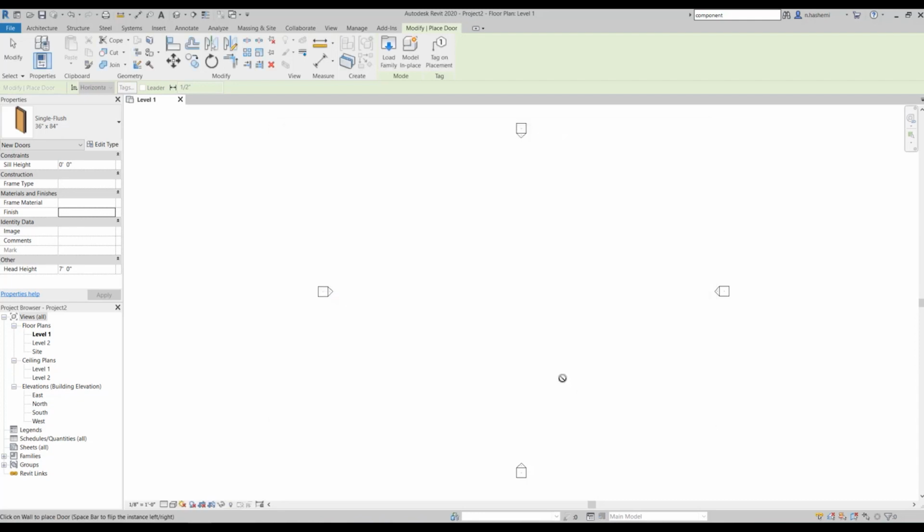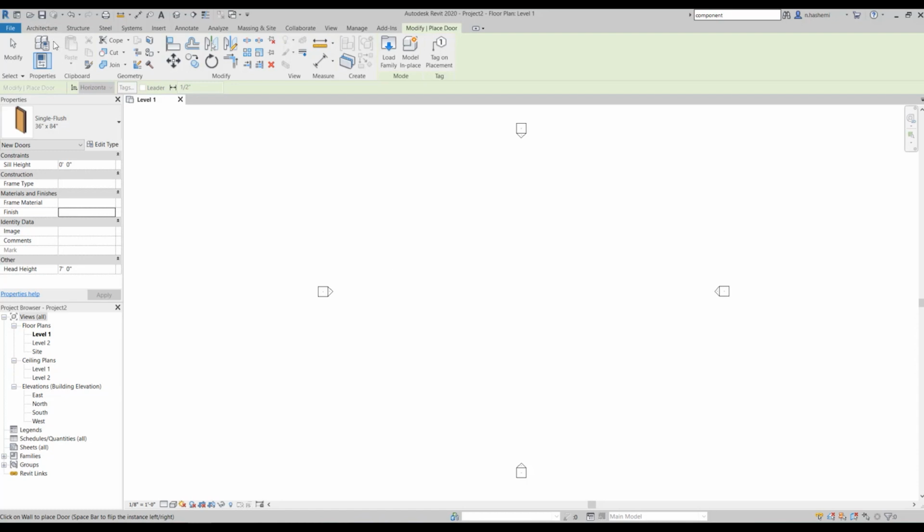Well, one thing that I want to mention here about elements is that what we just talked about applies to both system families and loadable families. Okay, you can find these in your book. System families are things like walls, floors, ceilings, and things like these that cannot exist outside of a project. Okay, and to edit materials for these, you need to select your element first.